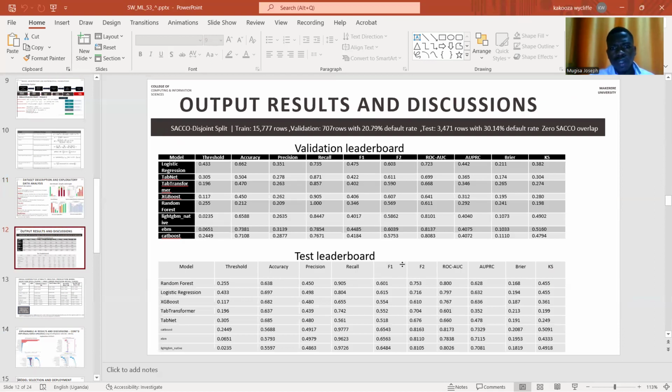So looking at the results, those models that we did validation on, we did the threshold tuning to get the actual threshold. Focusing on the test leaderboard here, we look at the Brier score, which tells us how well a model is predicting the probability of a given defaulter in relation to the actual outcome. If we look at our base default rate, some of the models are really performing badly, because if we use a special function, which I would demonstrate if I had time, we get a base